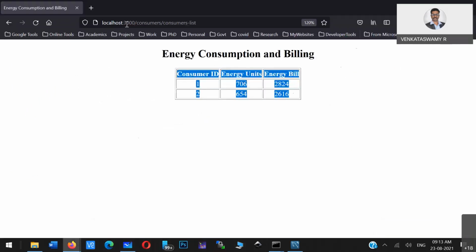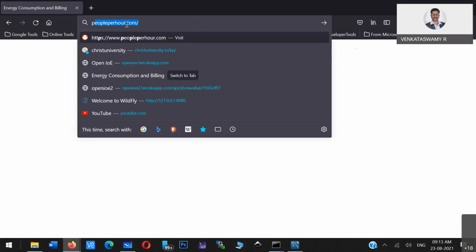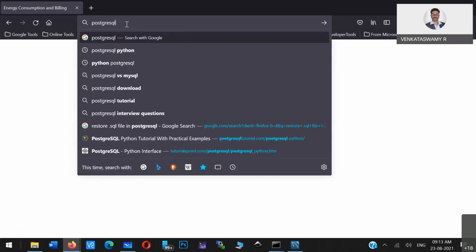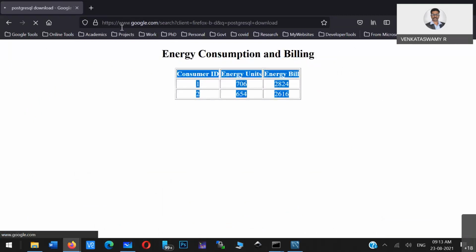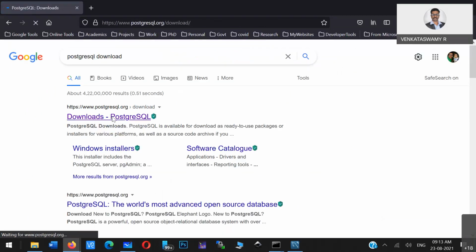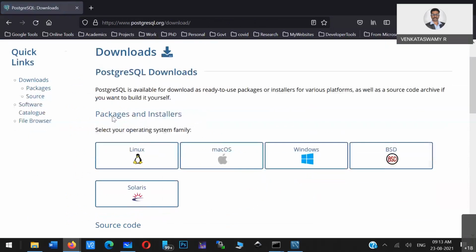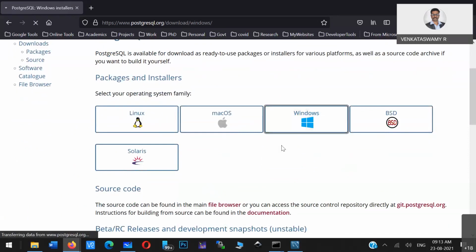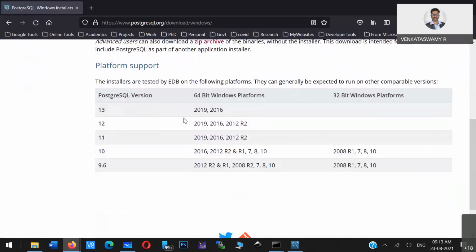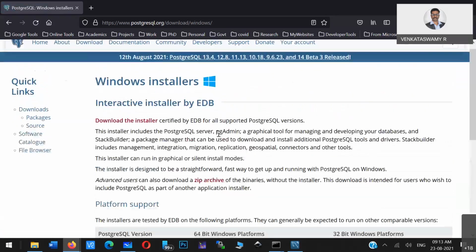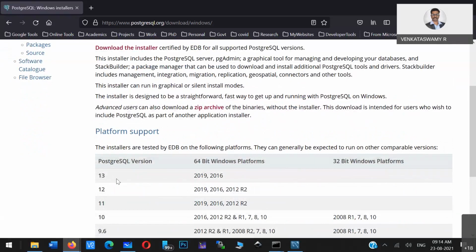You just type PostgreSQL download, and you'll get that particular application. Download it to your machine and install it, and that server will create all the connection details, similar to MySQL: host, port, username, password, everything you will get. Then you work similar to MySQL. Many versions are available, with installers for any operating system. The recent one is version 13.